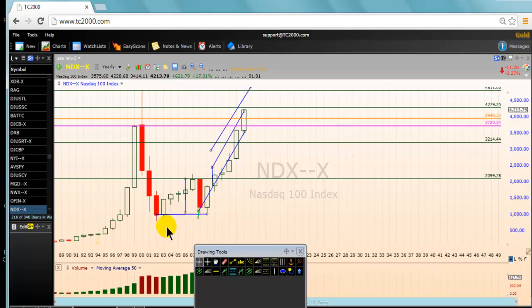On the yearly chart, as I did for the Nikkei 225, we see a double bottom pattern on the yearly chart. We know what I'm going to do now. I want you to pay attention so you also can do exactly the same thing. I hate dependence. I don't like traders to depend on me. I want traders to understand it and to do it themselves. I'm for freedom. So we have a double bottom here.